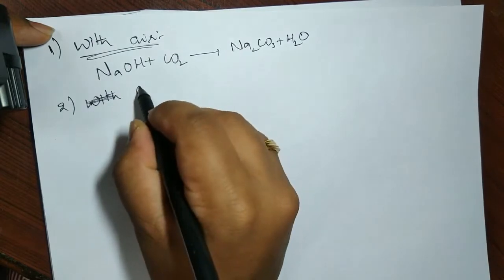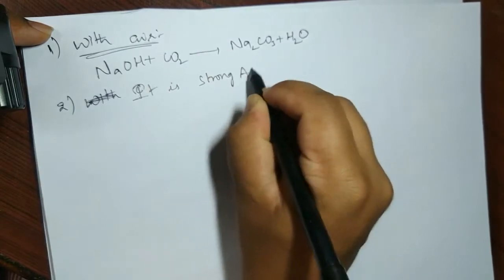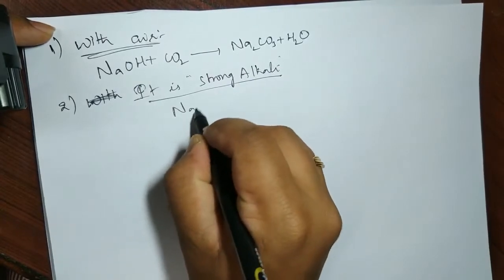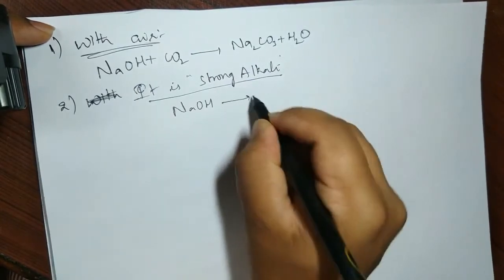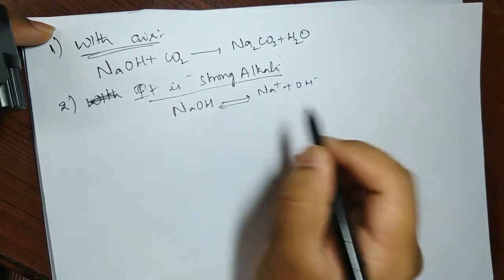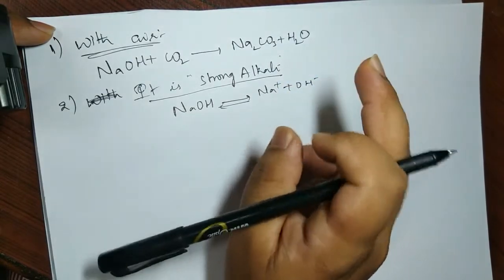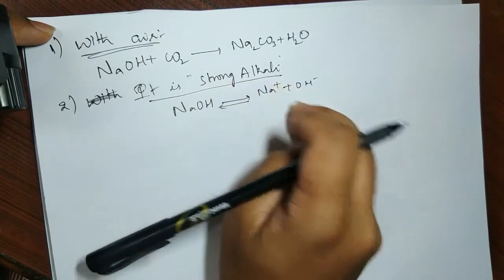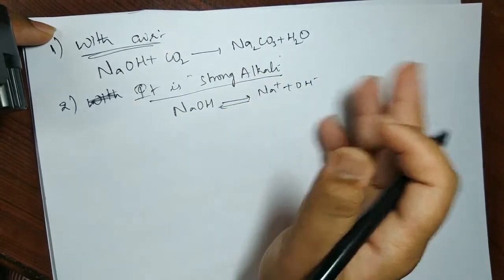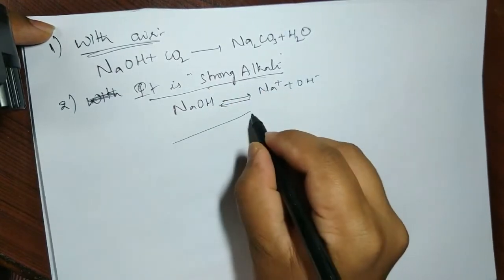Not reaction, I say it is behaving like a strong alkali. What do you mean by strong alkali? Strong alkali means whenever I drop NaOH in water, it will completely dissolve, or completely break down into Na+ and OH- ions. This complete OH- liberation is why I call it a strong alkali. Now basing on this liberation of OH-, how it reacts with acids, metal acids and all, we'll see. In fact I can bifurcate the behavior of a strong alkali into three things.